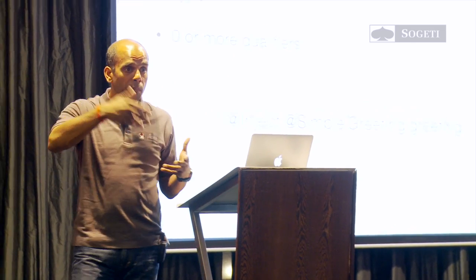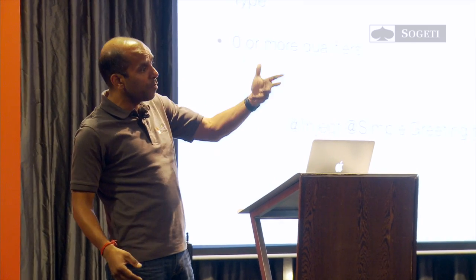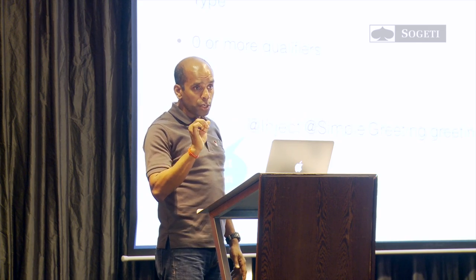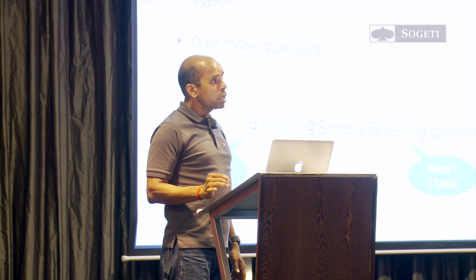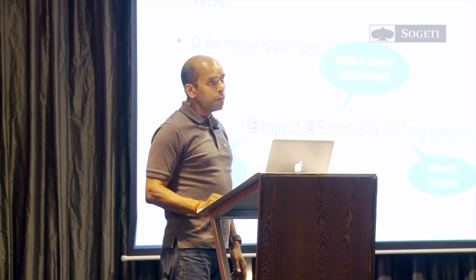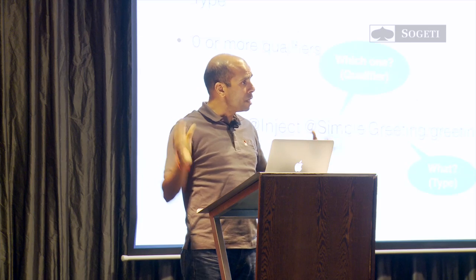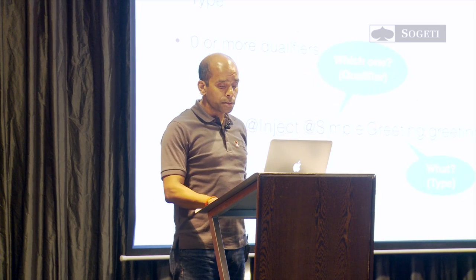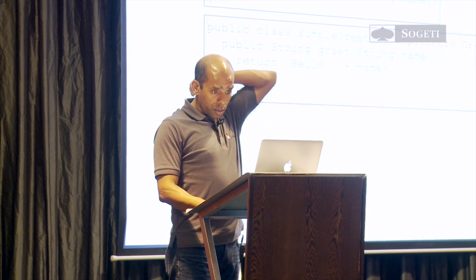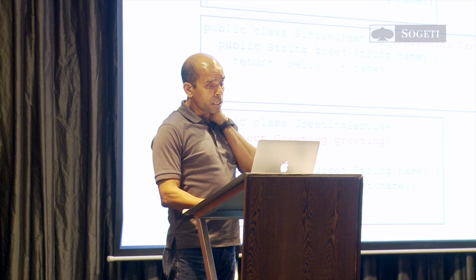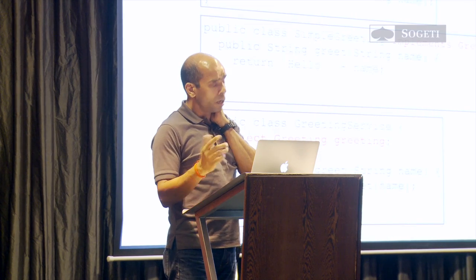So you can have multiple implementations of greeting. One of them could be qualified with @Simple. So you're saying just inject that greeting here. So you are requesting injection using @Inject, what type the greeting is, and which one is the qualifier. So that's how you define it. That's your basic injection syntax. So here I have public interface Greeting. The simple greeting implements Greeting. This is the implementation class. And in any POJO class, I could just say @Inject Greeting greeting, and it'll inject it.